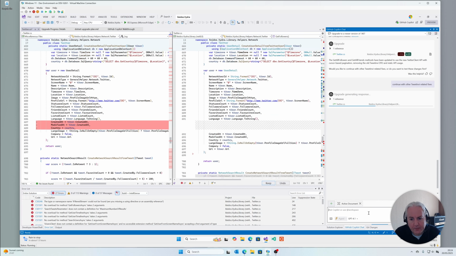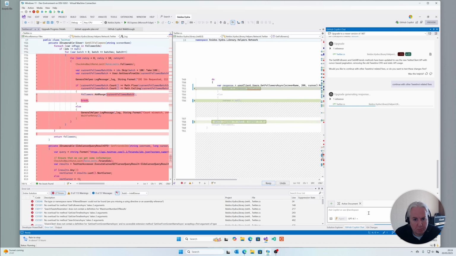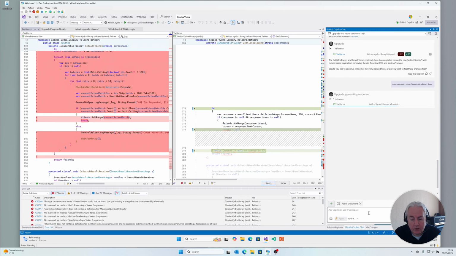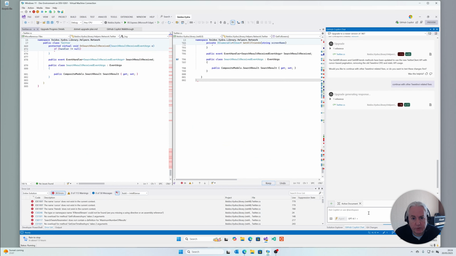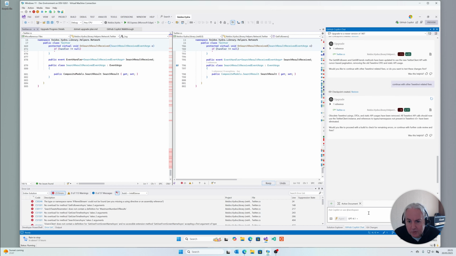So there will be parts of this kind of library that no longer work. I mean, Twitter's no longer called Twitter anymore, so don't expect it to be completely compatible. Would you like to proceed with the build? So I didn't ask it to do any builds this time, and